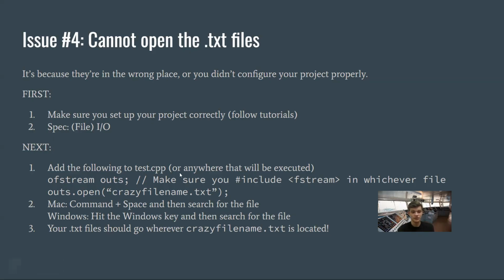We'll make an ofstream, and then we'll open something called crazyfilename.txt. What this will do is create a new text file called crazyfilename.txt. And that file has to exist somewhere. Maybe it exists on your desktop, maybe it exists in the correct place for the project or whatever. But when we say .open crazyfilename.txt, it's going to go to wherever in your computer, and it's going to create